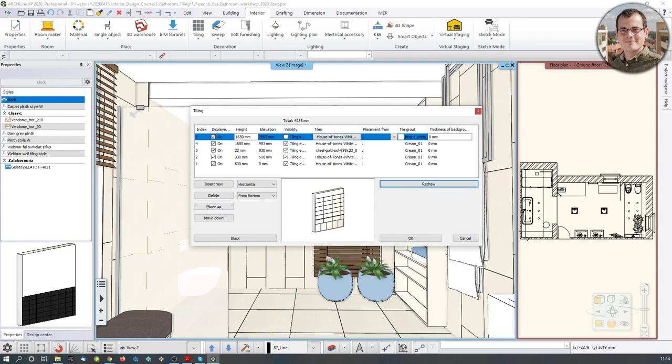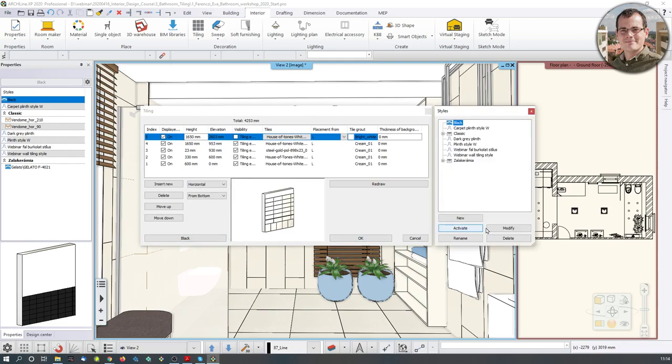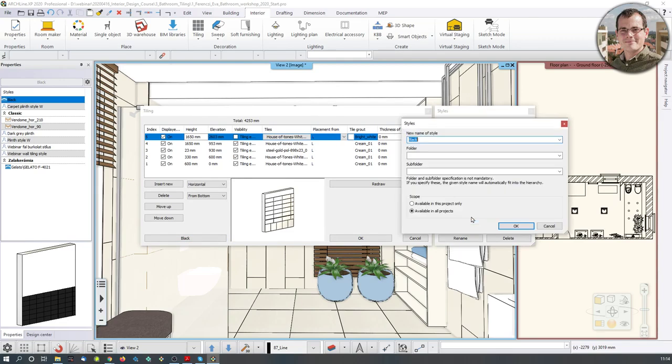Okay, what do I do next? I have to save this style because I want to make sure that I can use it some other time as well. So I'm just going to hit this, which is the name of the original style that I was using. And I'm just going to say, I want to give a new style, which I have to name, and there's a special name for this. So let me just look it up real quick. The name is